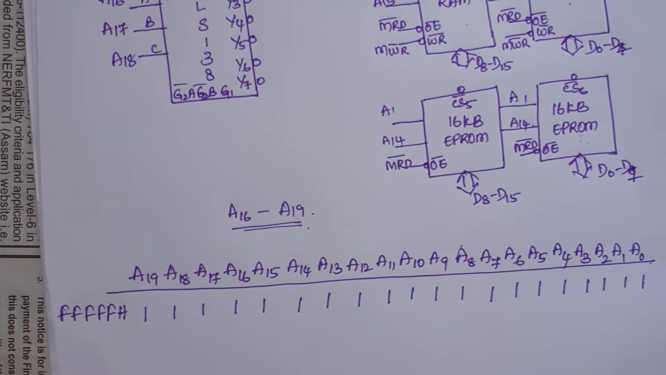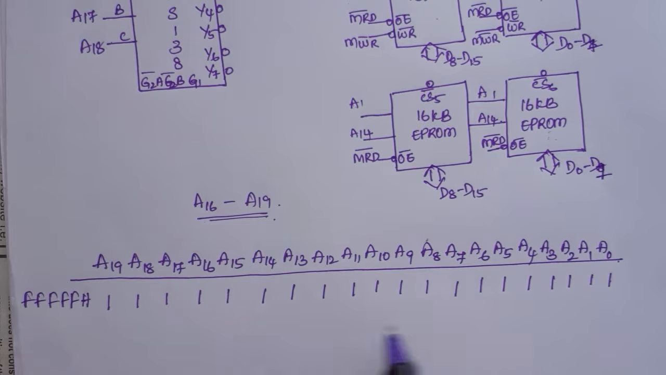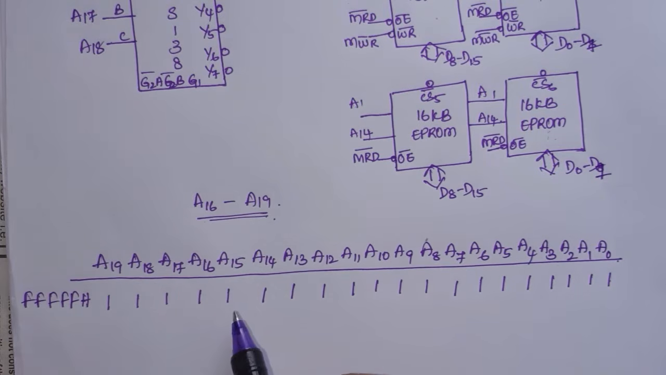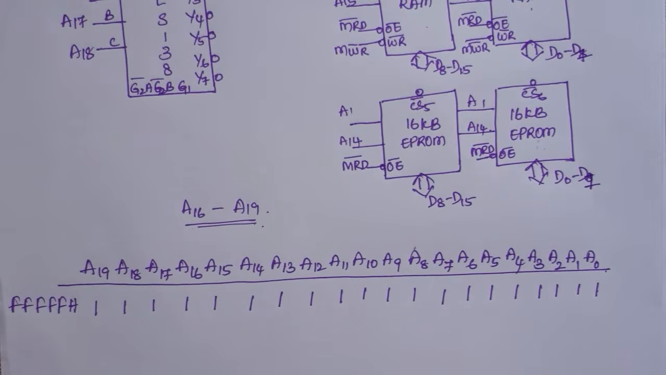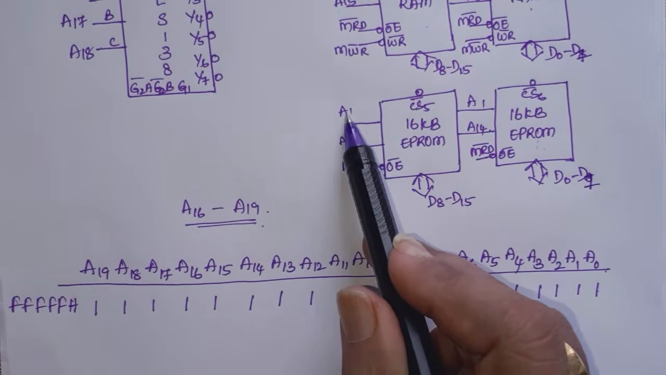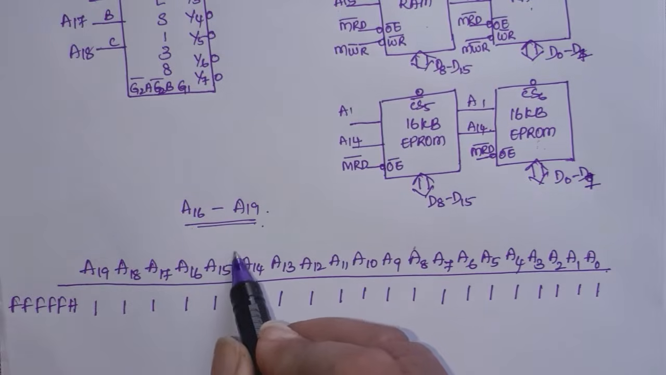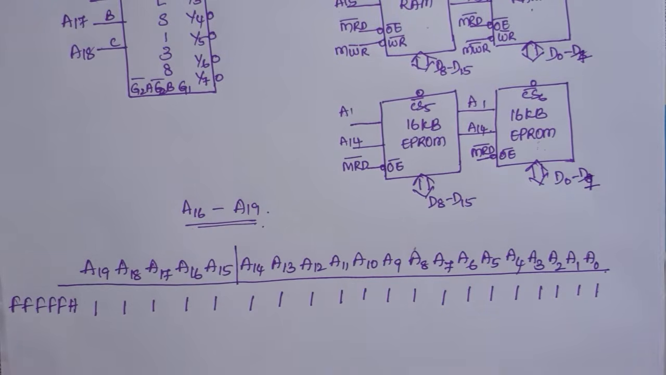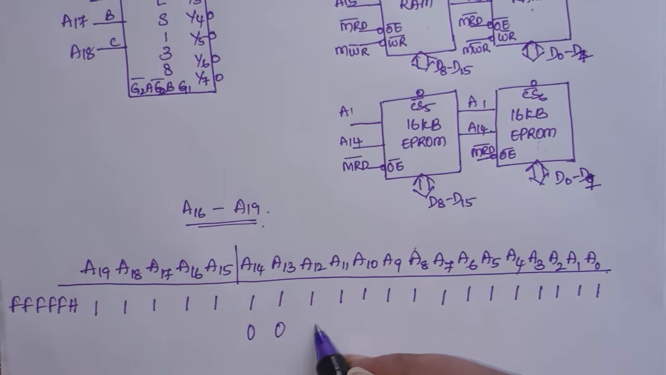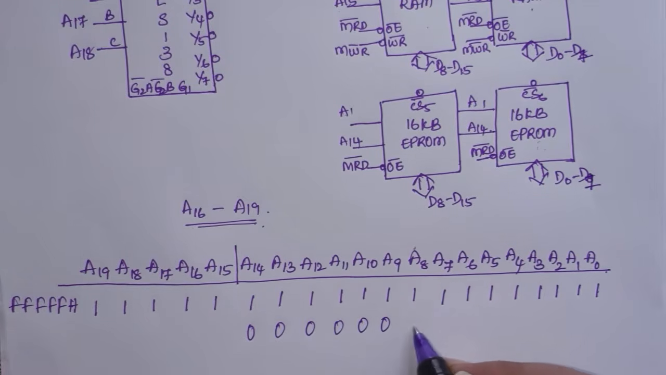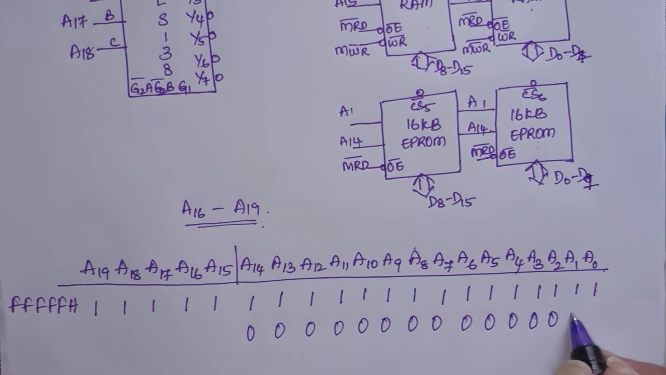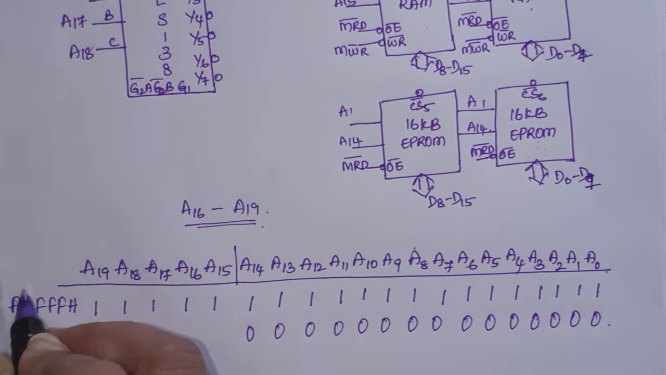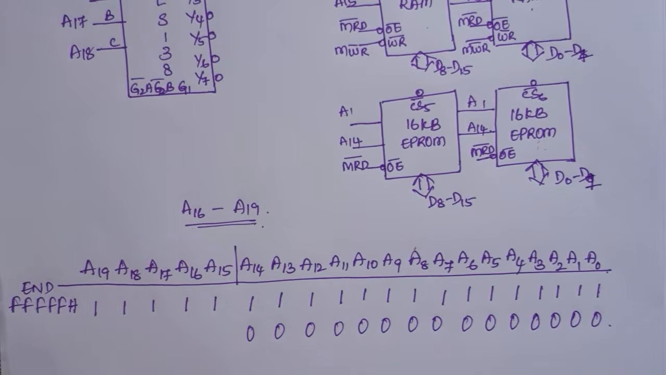All F's. Okay, so here what will be the start address of this 32 KB EEPROM chip? We are using A1 to A14, so till A14, all bits equal to 0 will be the start address. Okay, so this is the end address and the start address will be